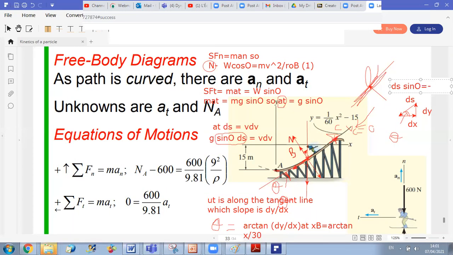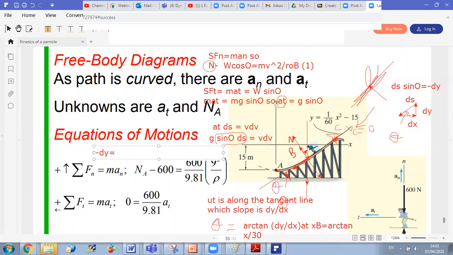It is minus dy, because ds is greater than zero. Exactly, because when we go down, s is increasing while y is decreasing. So the variation in s is opposite to the variation in y. So I can replace ds sin theta by minus dy. What does my equation become? It becomes minus g dy